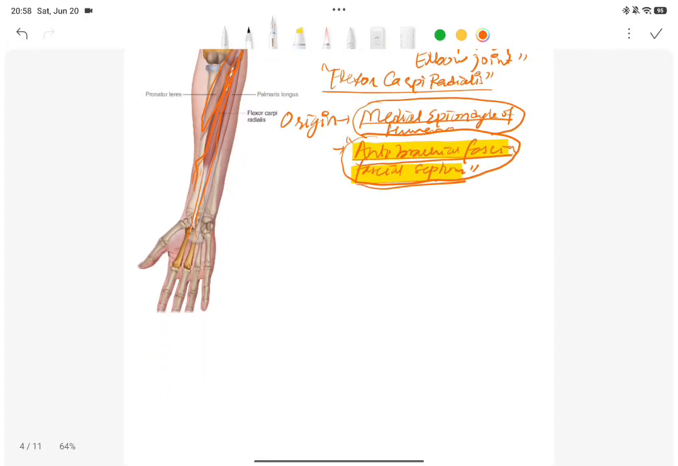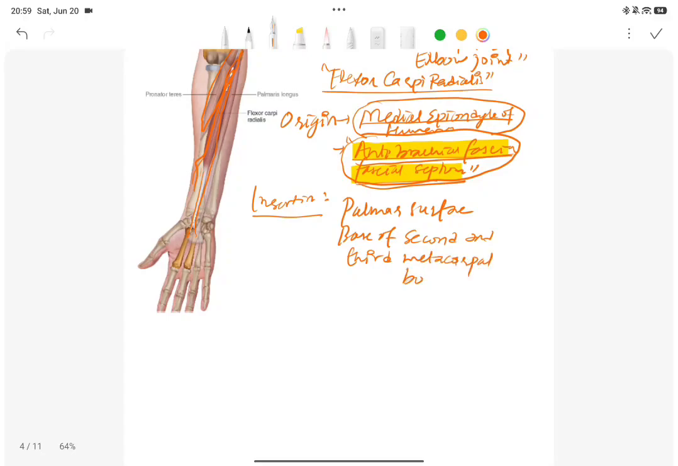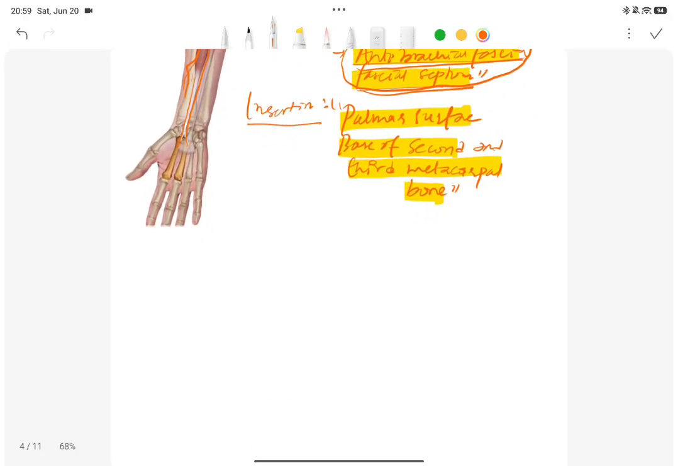That was the origin. So where is the insertion? The insertion is in the palmar surface. Palmar means the palm, the palmar surface at the base, at the base of the second and third metacarpal bone. So insertion in the palmar surface at the base of the second and third metacarpal bone, remember this too. So nerve supply: again, most of the nerves in the anterior compartment are